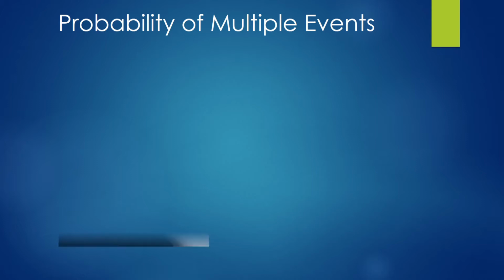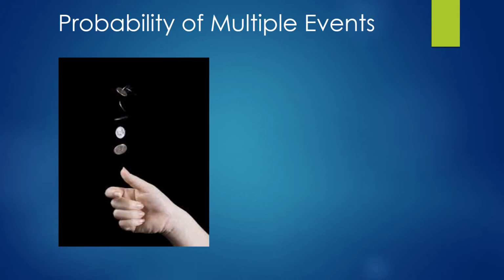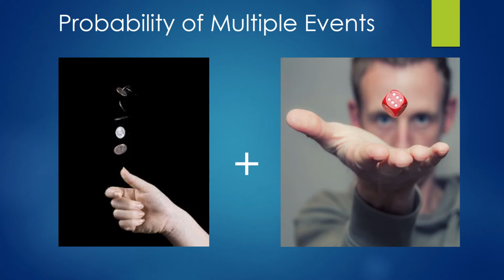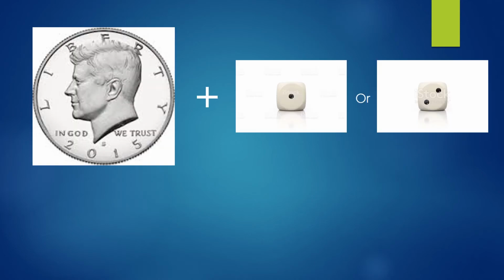Let's say we're flipping a coin and rolling a die at the same time. What is the probability that the coin is heads and the die is a 1 or a 2? We showed earlier that the probability of a heads is 1 over 2. We also showed earlier that the probability of rolling a 1 or a 2 on a die is 2 out